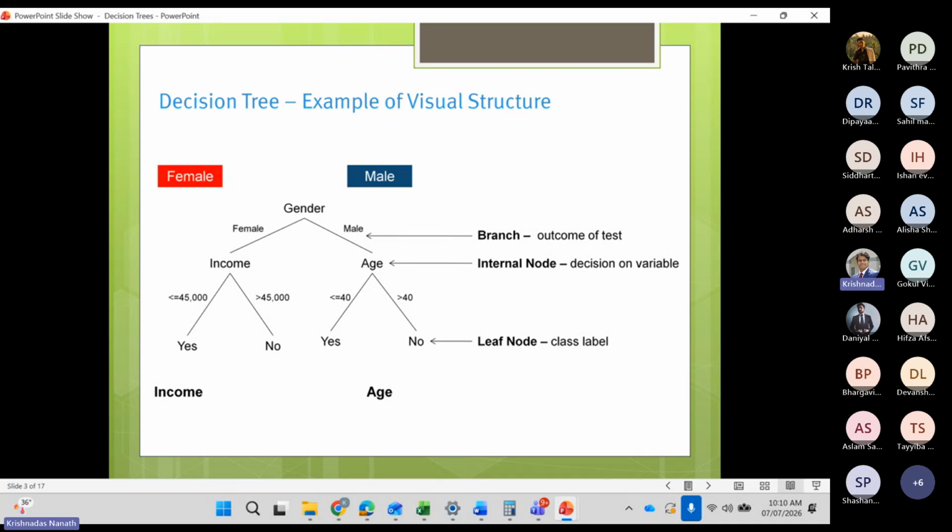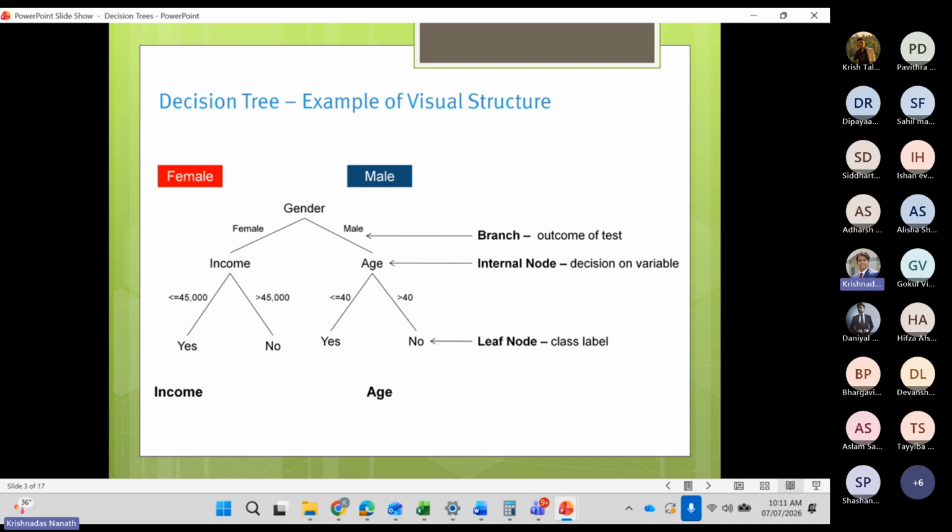Based on the output, not vote. Let's have a look. So gender is female. That's your first check. Now it says, check the income. If income is greater than 45,000, then the prediction is the person will not vote.